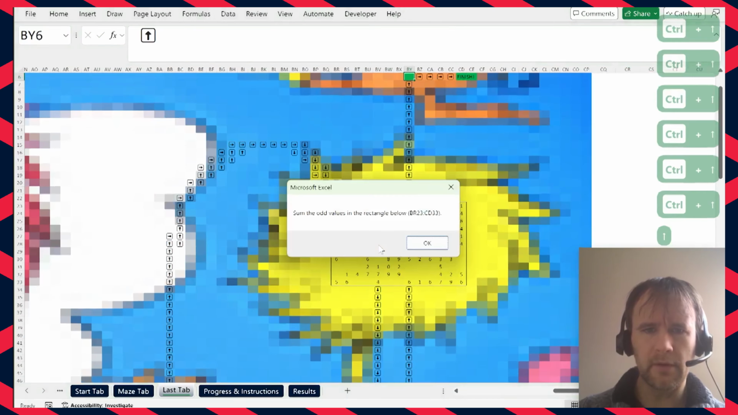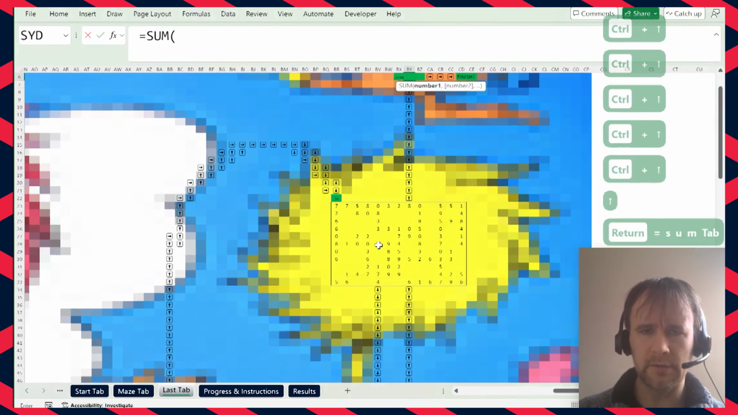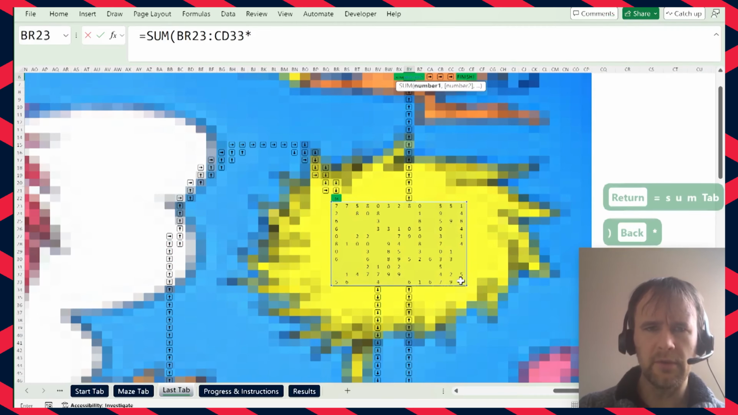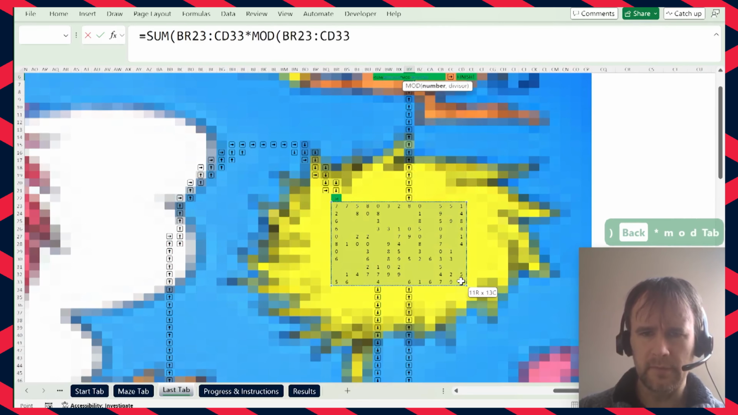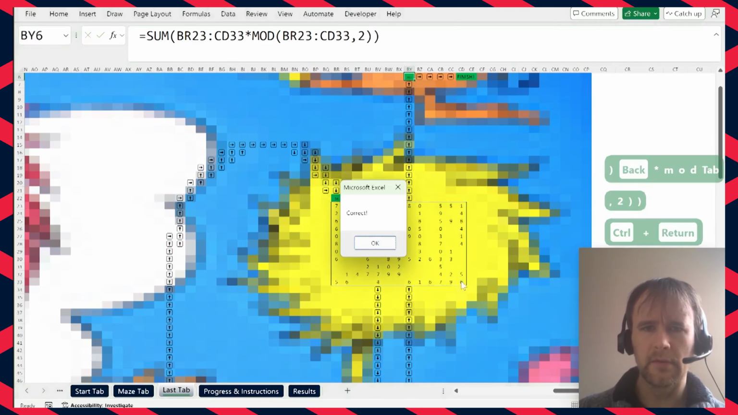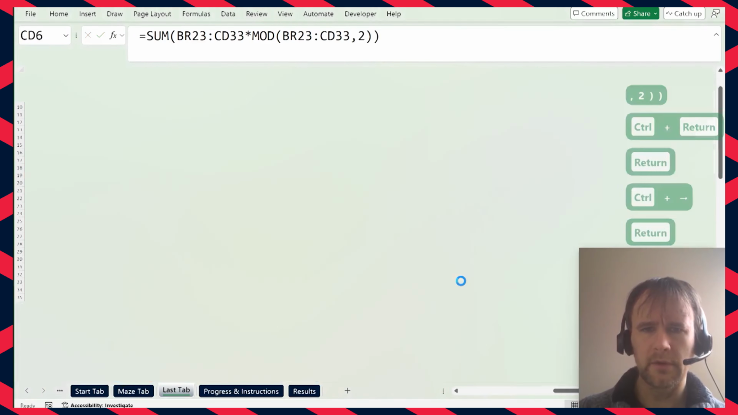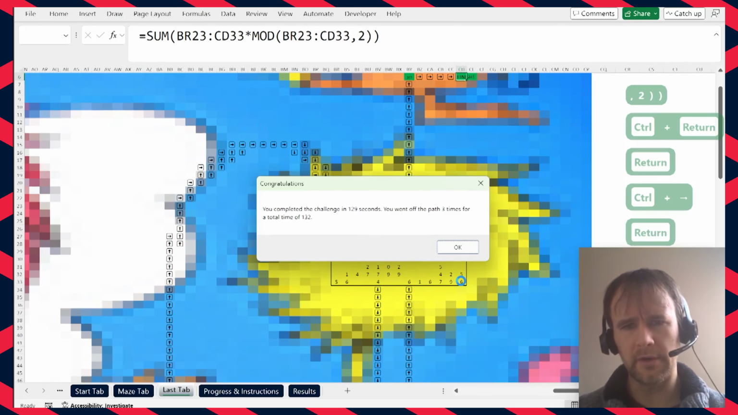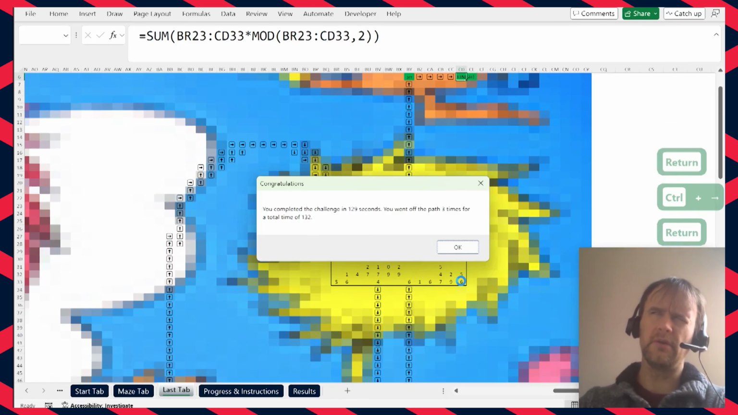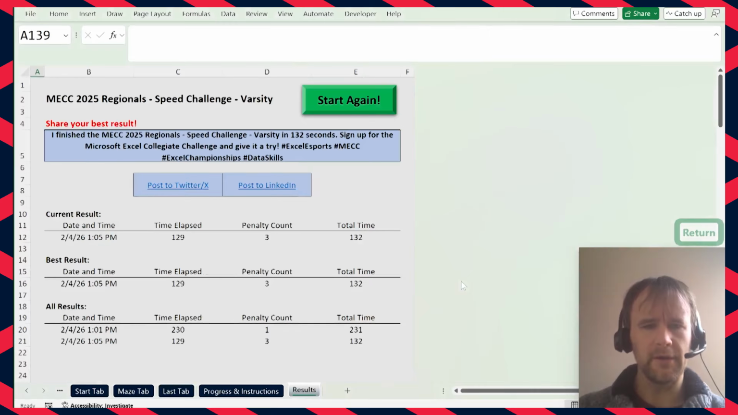Okay, and then the odd values, right? So sum of this. Actually, maybe you could just do times mod of this by 2. Yeah, that would also work. 129. Off the path 3 times. I only noticed 2. Anyway, okay, fine. All right, so